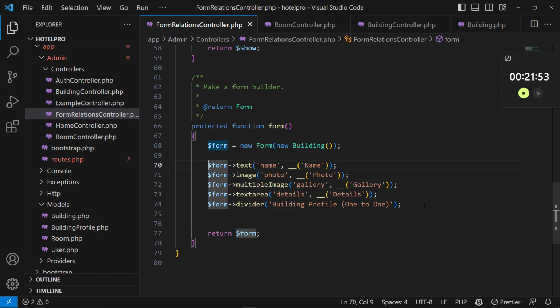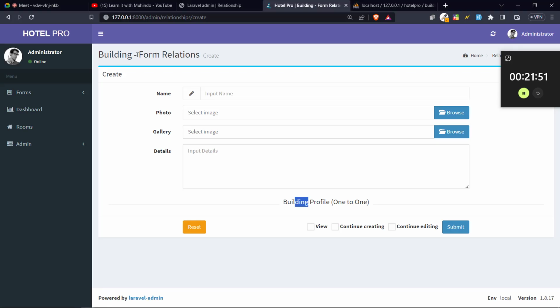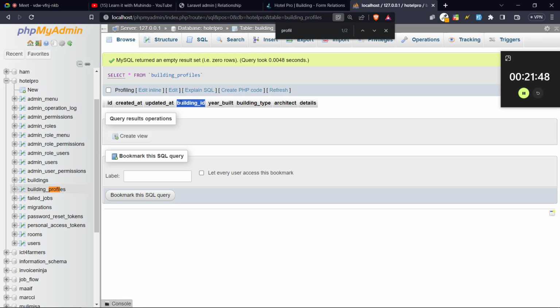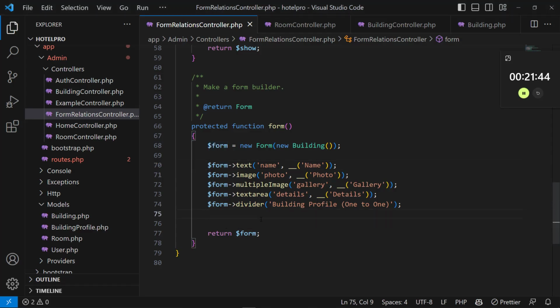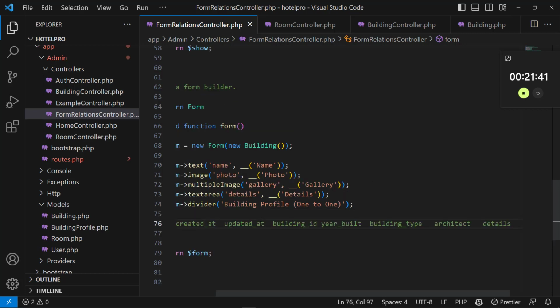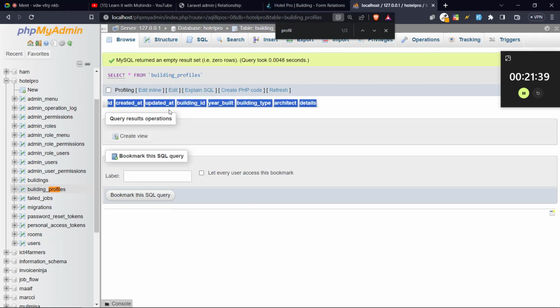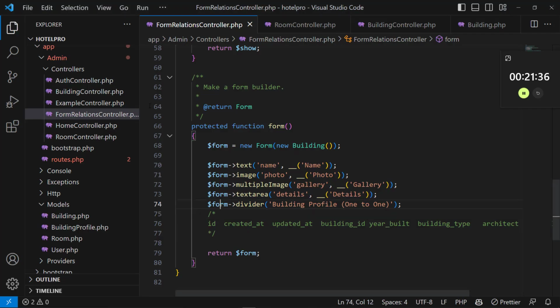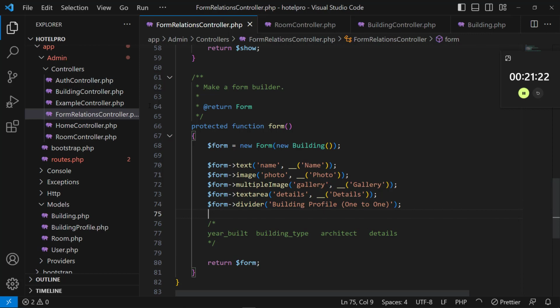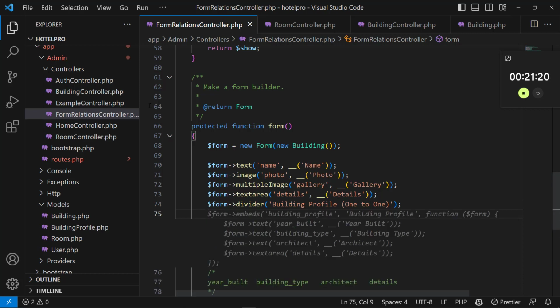So to do that, now let's see which other things we need in the profile. So I can come here to our table of profile. It is here, so the table of profile, okay? And then I've just copied the names of the columns here, and then come and remove the ID and created. I just remove them here. I don't need these, they will be handled by Laravel admin itself. I just need to add these fields, okay? So what we're going to do is just come here and after the divider,